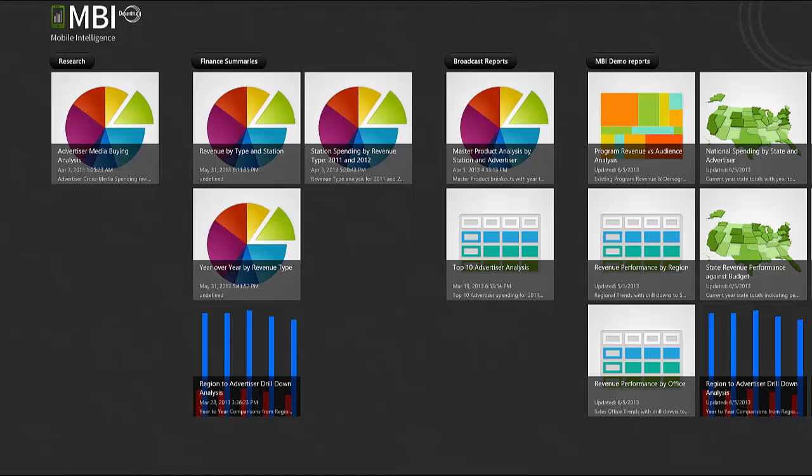There are two key components to every dashboard in MBI. The first is clearly the data file used to drive the analysis. The second is the analysis type. An analysis type is a dashboard template that includes a set of data visualizations specifically designed to help users understand